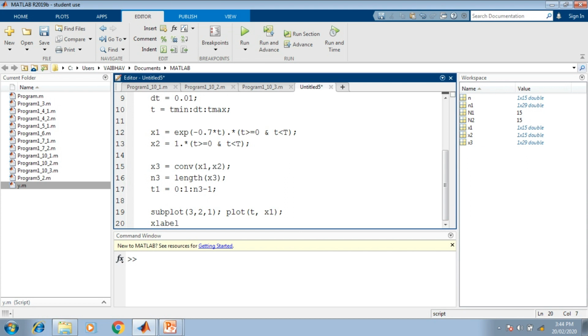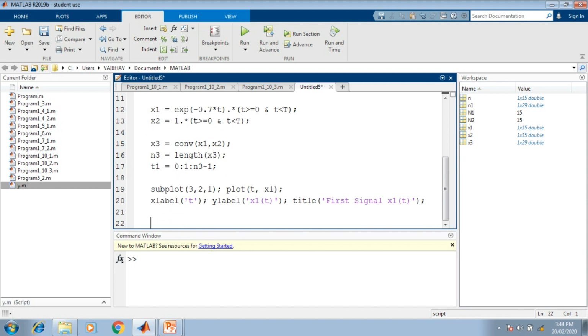In the x label we have the parameter t, in the y label we have the representation of x1 of t, then the title. The title here we provide as first signal x1 of t here.